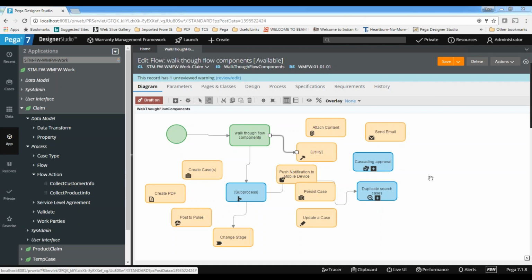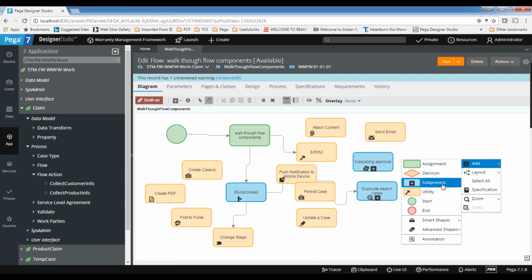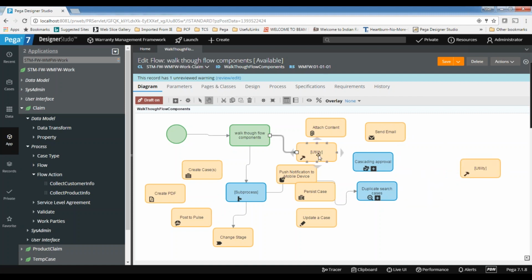Here, by using the utility shape, you can call that activity and connect it. For parsing the file, generally I don't see any use case for calling the activity from the flow rule. That we will see in the integration, like parsing the XMLs or flat files, in the connector-related, integration-related stuff. From the flow rule I don't think we need to call the activities, but that is very rare. Still, Pega supports calling it. For some reason, if you want to call activities from the flow rule, you can call it here.